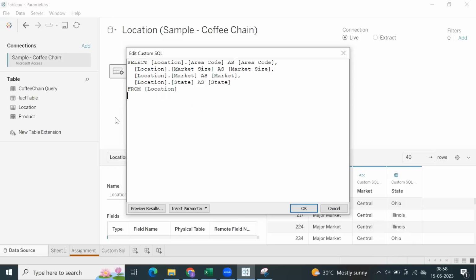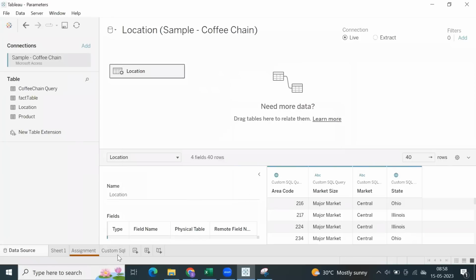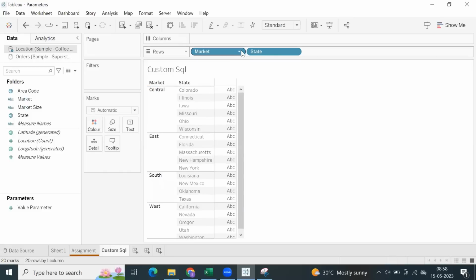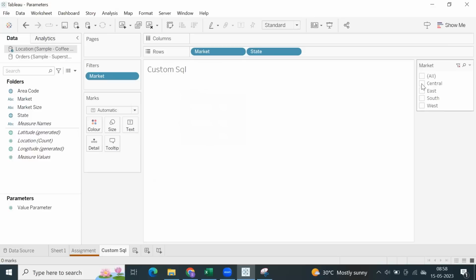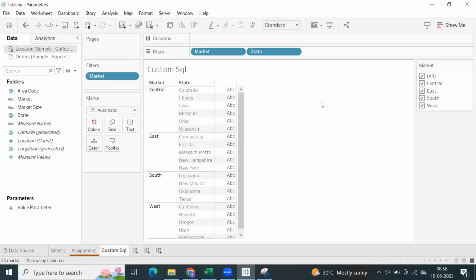For example, I'll remove this. Click OK. If you go back to custom SQL, similar to filters, if I select only a specific region or market, this will give you that specific information. But we have everything, right? We have all the options where we can select. This is what a filter does. We're loading complete data into Tableau. So what we can do is, instead of loading complete information into Tableau,